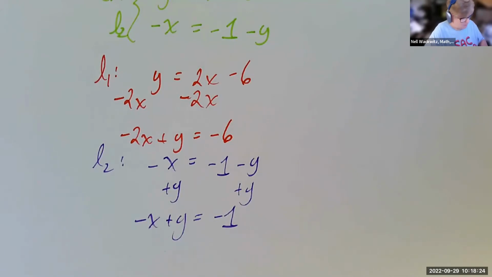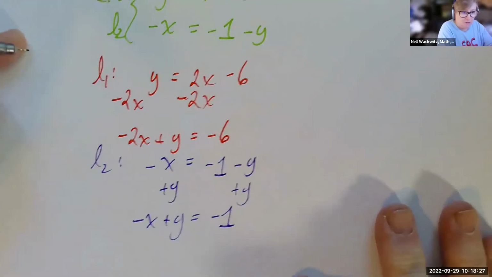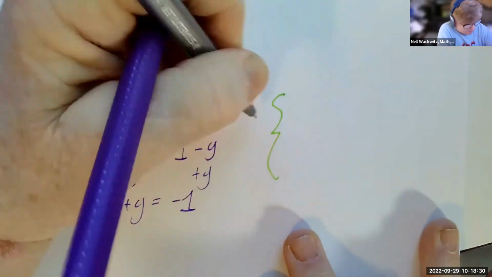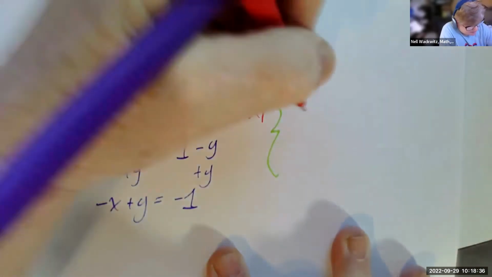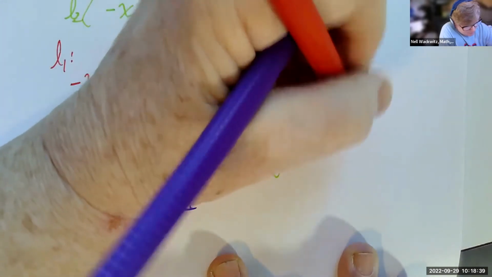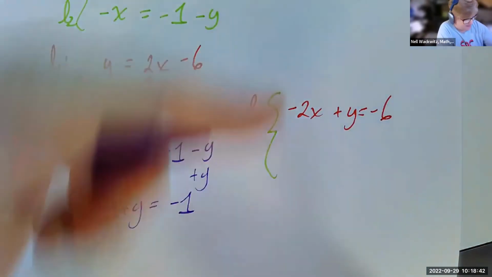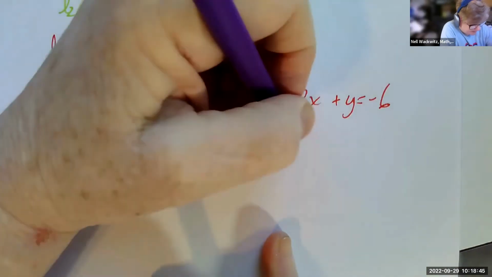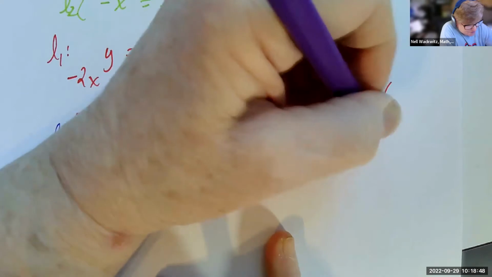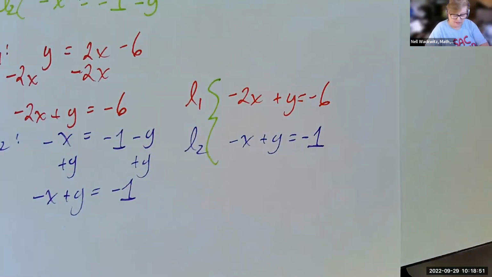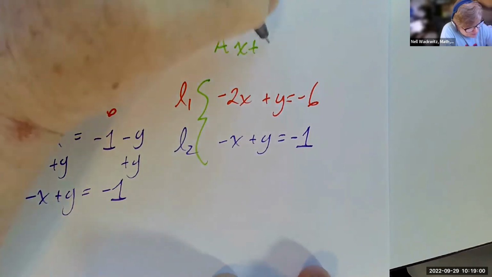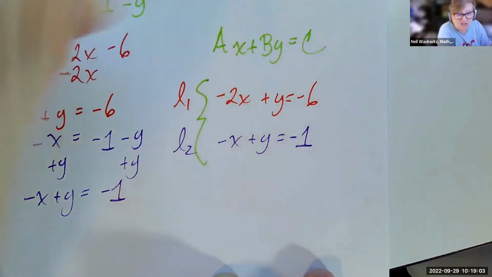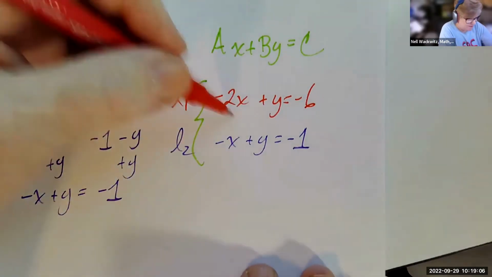All right, let's write the system again because it helps to have them written correctly. So we have line 1 is negative 2x plus y equals negative 6. And line 2 is negative x plus y equals negative 1. And to practice, let's write down what A, B, and C are if the form is AX plus BY equals C. So for line 1,